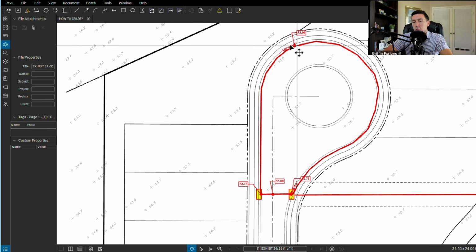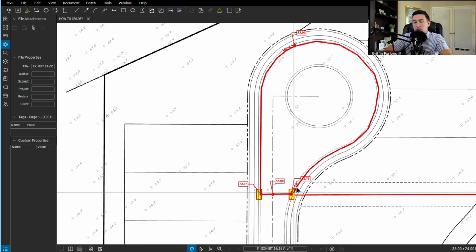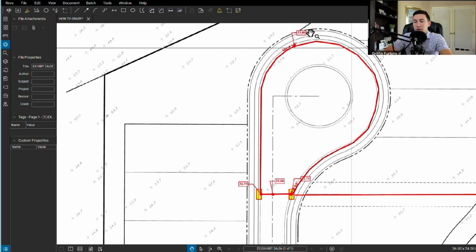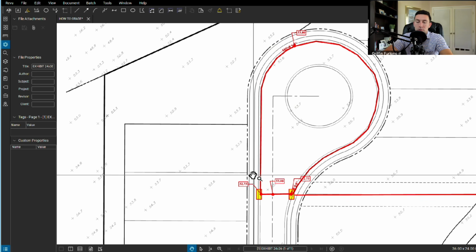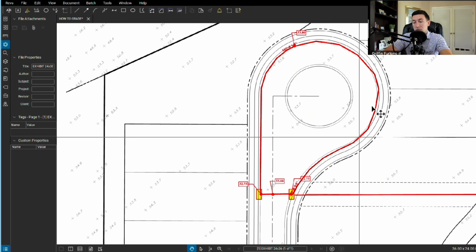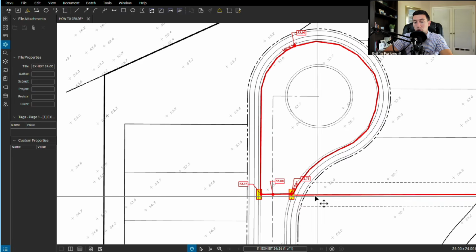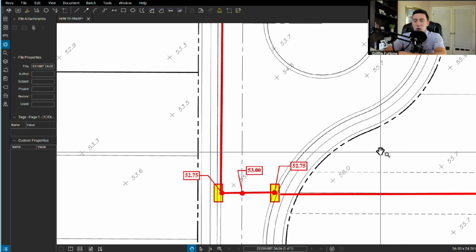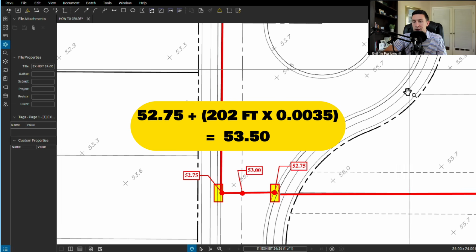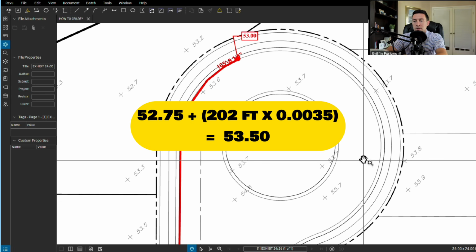So I actually want to set this high off this one. Because if I know I'm setting it off this one, this point's going to be higher and this slope is going to be greater, which is totally fine. But I need to make sure that I at least meet the minimum slope of the longer route. So let's go up from 52.75. We're going up from this curb line and around. We're going up in elevation,